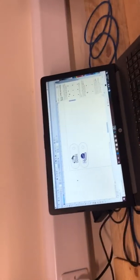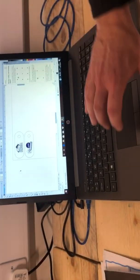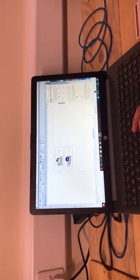It means that somebody can create files at home or away from the laser and then come in and actually cut them out on the laser. So that's one thing that we'll need to sort out. But what we're looking at here then is